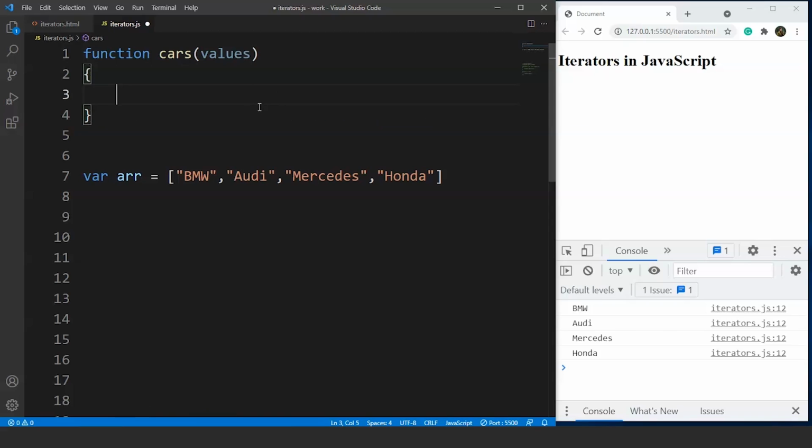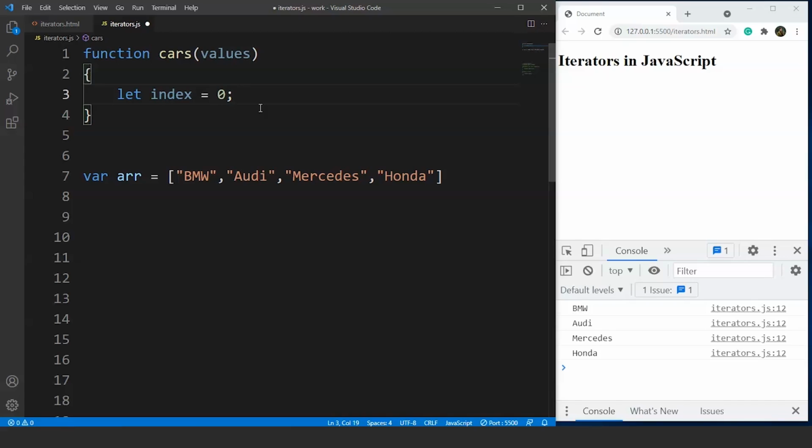Let's create a variable that will traverse the array, just like we had the variable i in a for loop. So let's create a similar variable here. We'll write let index is equals to 0. So this is a variable. This index variable will go through each element present in the array, and this cars function will return an object.